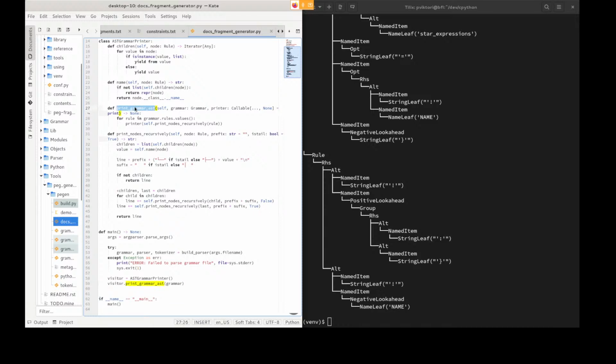So what does print grammar AST do? It takes a grammar and a printer, which defaults to print. And then for each rule in the grammar's rules, so grammar rules is a dictionary mapping rule names to values, it will call print on the output of print nodes recursively. And what that does is get all the children of the node using self.children, which will yield items from a list, or